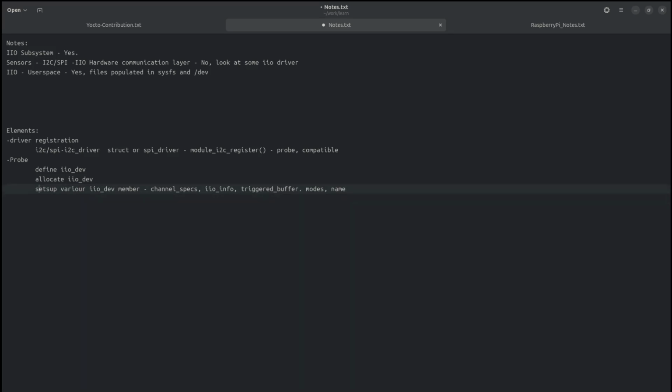Then comes actually registering the IIO dev. From here on, your driver will be available to the system as an IIO dev and to all these user space applications. Now once it is available to the system, there can be two entry points to use the data of the driver. One is the triggered buffer. Whenever there is a trigger, your driver will invoke the handler for the triggered buffer,